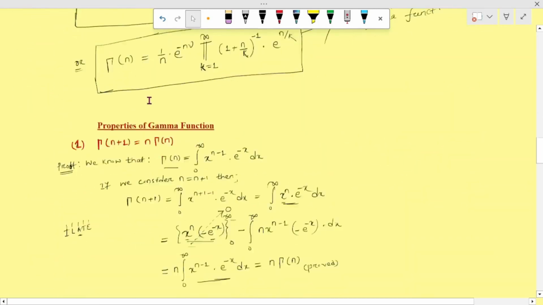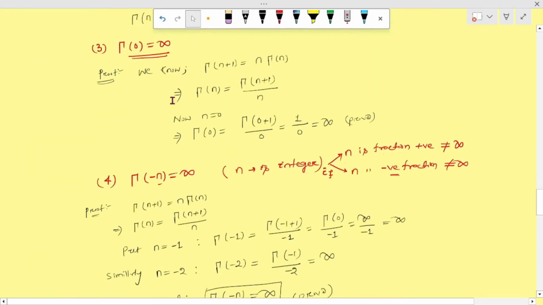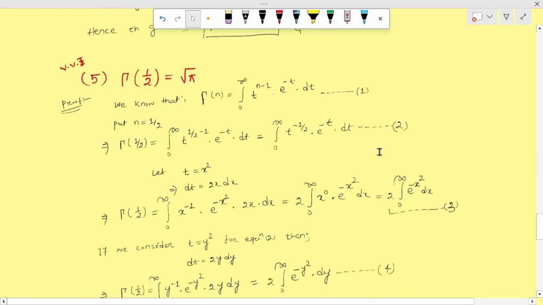And in the properties we discussed, gamma minus n we found infinite, where n is a positive integer, so obviously minus n is a negative integer. For n a negative integer we get infinity. But if n is a fraction, either positive or negative, the value of the gamma function is not infinite. It has some value that we are going to find out in this particular video